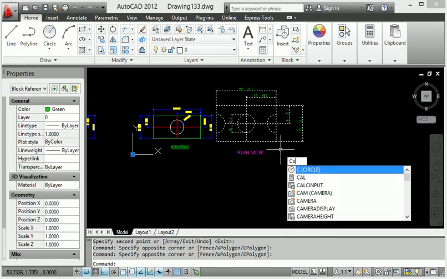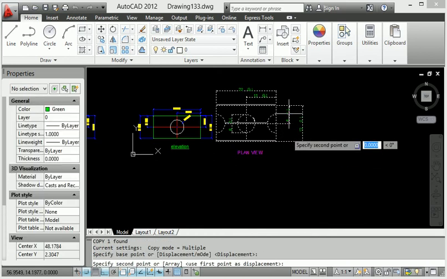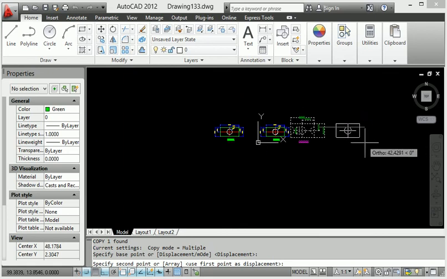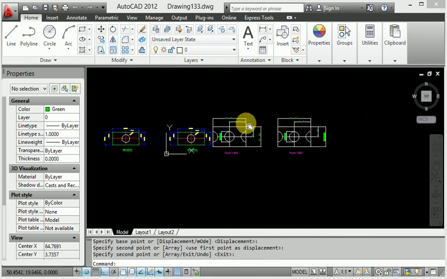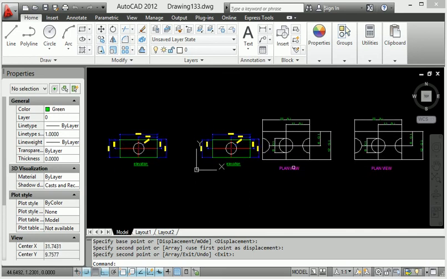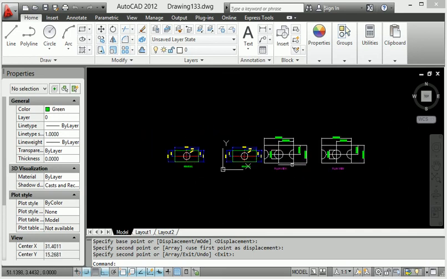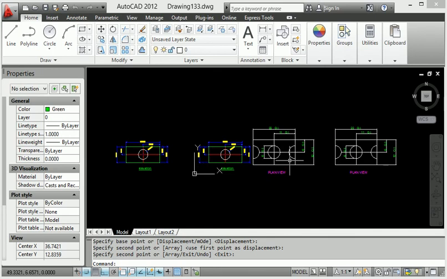Same thing with this diagram: the block definition has been created, and Control C to copy and move. So it is very important for copy and move of the whole diagram with only one click selection.